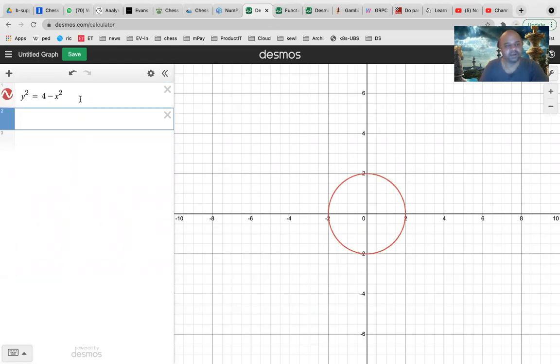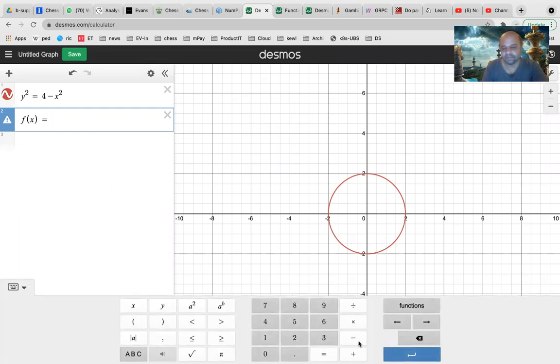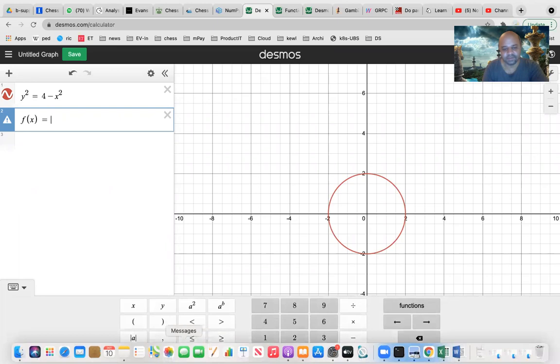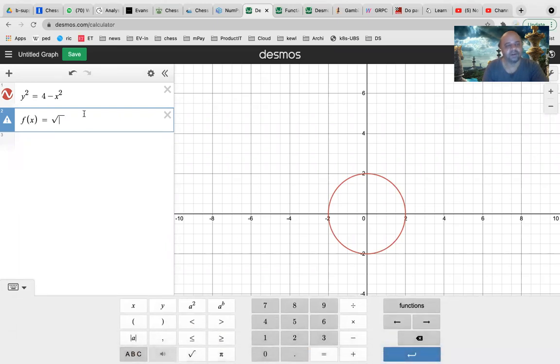And if we want to put a table, how to write this? I think I can also write it as f of x is equal to square root. First of all, I have to put a number. What is that? Okay, square root of 9 minus x raised to 2. Okay, now you have got